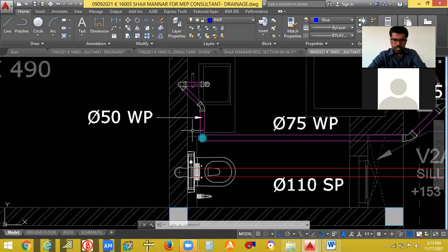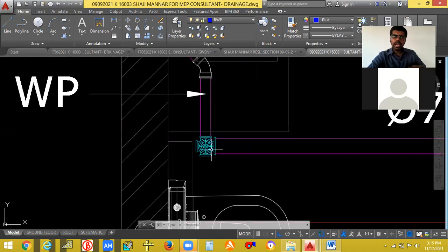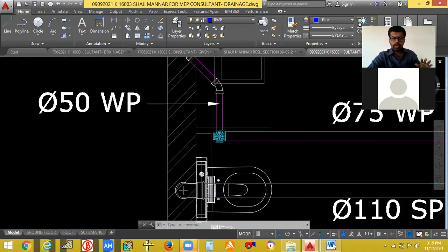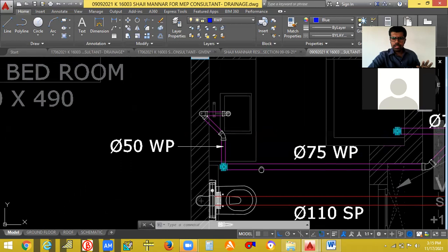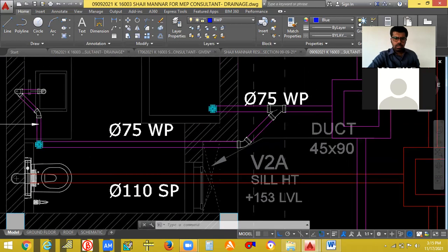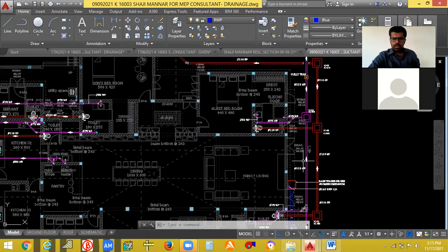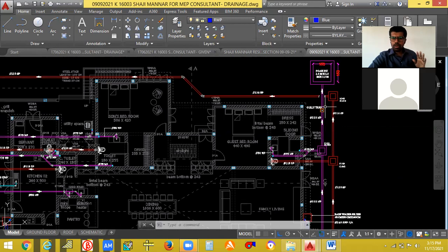If the line is going just after the power track, it should be 75. Which is coming from the wash basin should be 50. So it is going there. So another one which will be touching here is going. So we have already seen how we are connected. Just we have drawn the design only.